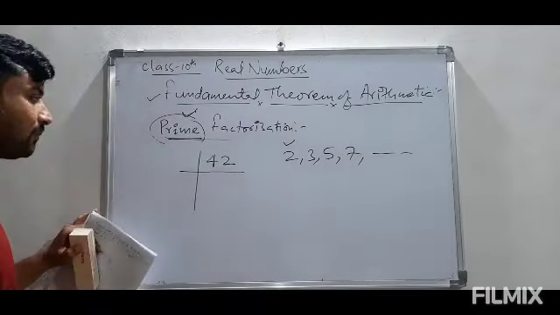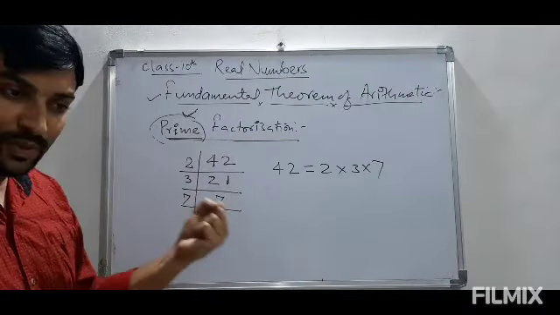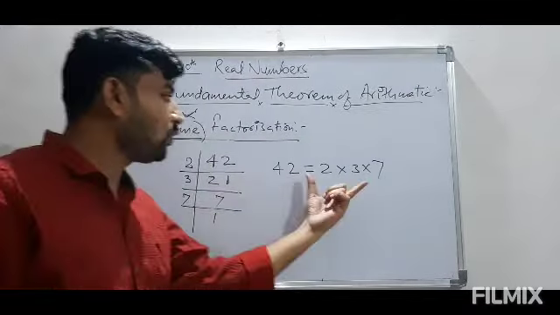So this is a composite number for sure. If we talk about the statement of this theorem, I will explain this to you with the help of this example only. Every composite number, just like 42 here, can be expressed as a product of its prime factors. These are the factors of 42 and they all are prime. So we can write 42 as a product of these prime numbers. So this is what the fundamental theorem of arithmetic is all about.